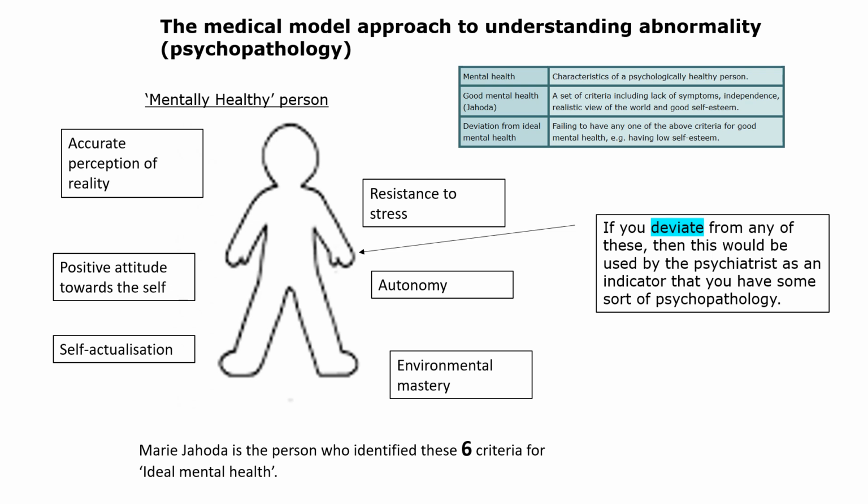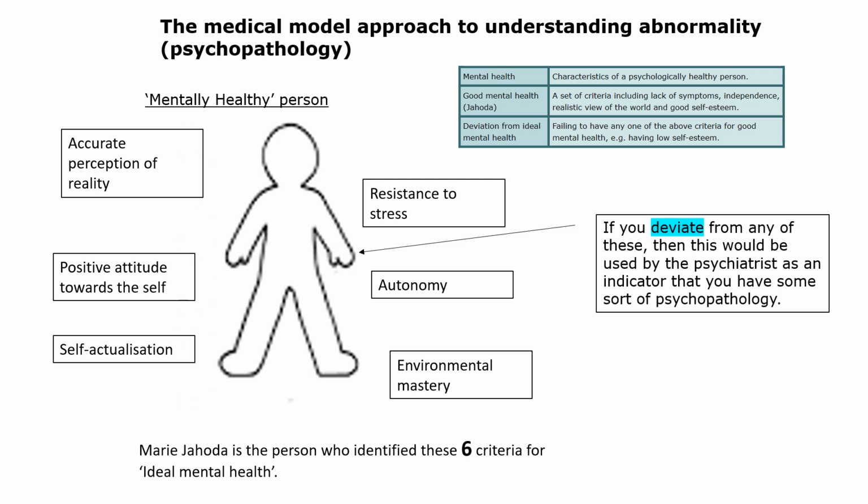So let's come back to this self-actualization, because we've heard this word before. We came across this word when we looked at the humanistic approach. It was at the top of our hierarchy, wasn't it? Maslow's hierarchy of needs. Self-actualization was the ultimate goal of what we hope to achieve. Now, Jahoda is saying here, that's one of the criteria for being mentally healthy. And if we go back to what Maslow said it was, he said it was being fulfilled as a human. It was reaching your full potential as a human being. And all of those other layers had to be in place before you could get to that point.